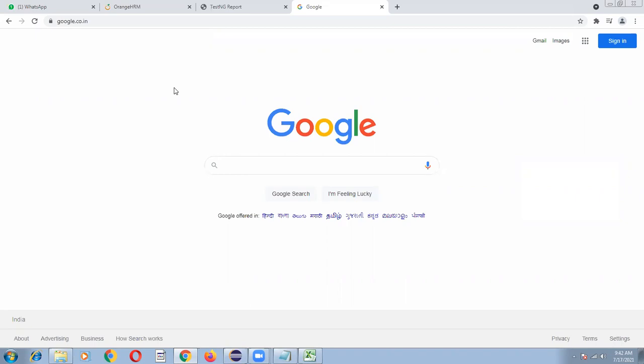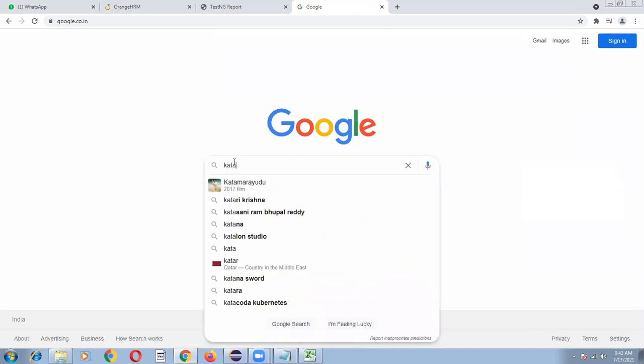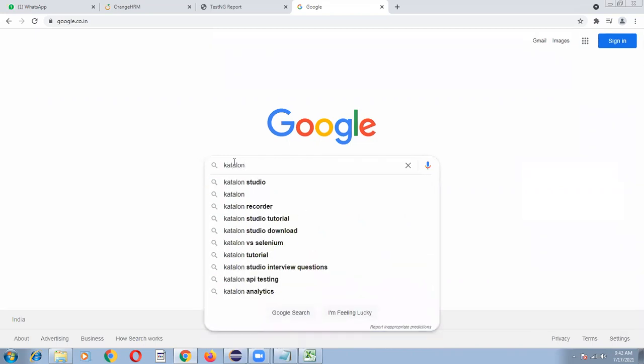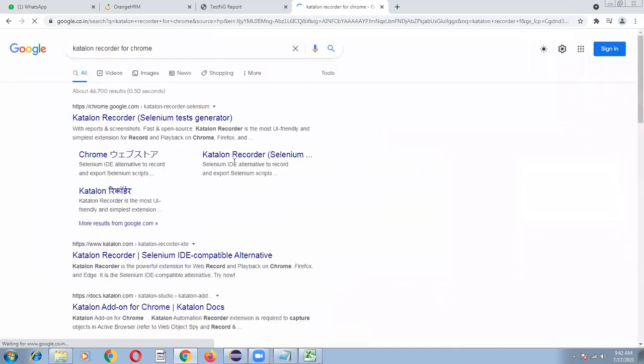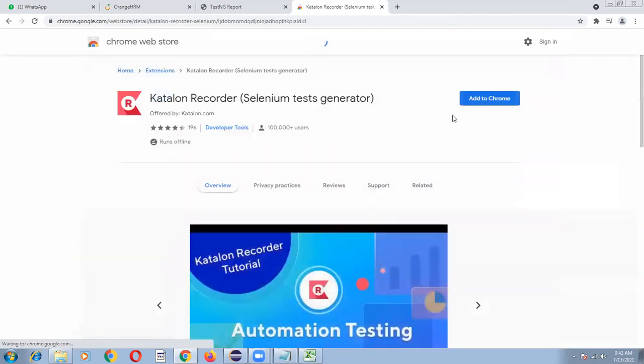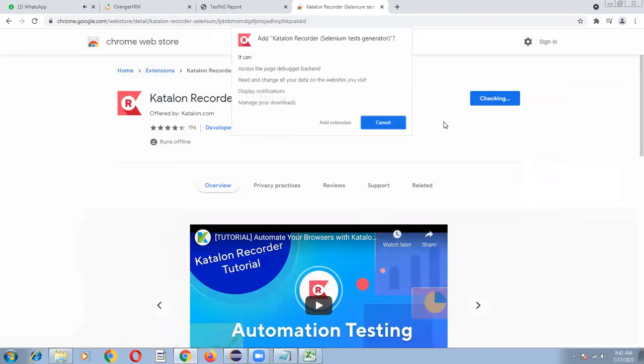First of all, I'm telling how to install Katalon Recorder in your system. I'm going to install Katalon Recorder for Chrome. You need to search in Google and click on this one, and it is asking to add to Chrome. I'm clicking on add to Chrome.